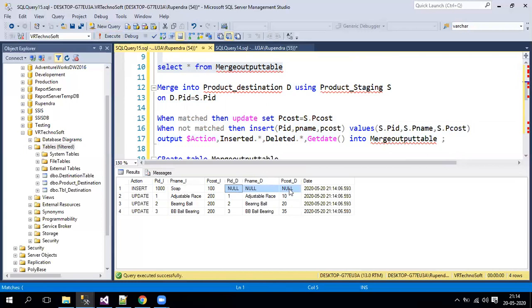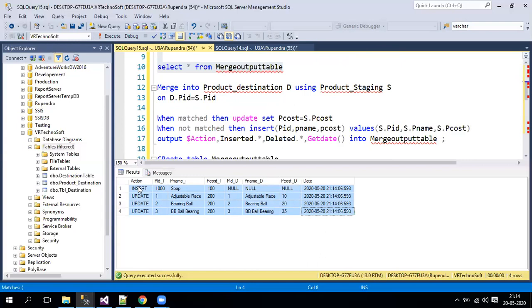When you perform a delete operation using merge, inserted will be null and deleted will have some information. And see, the update has also happened. This is the old record, not zero, because we already updated, and this is the new record. It also gives the timing. So this is where we can easily identify what has been inserted, updated or deleted when performing this merge operation.